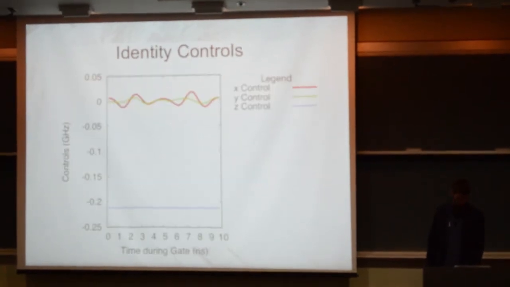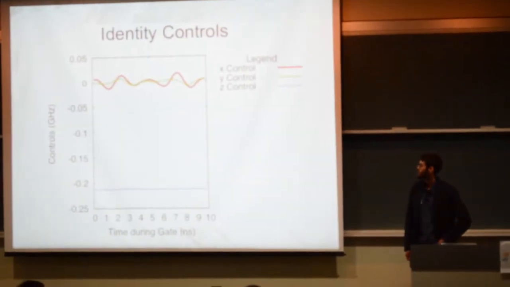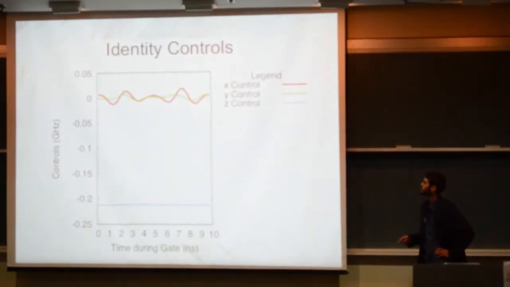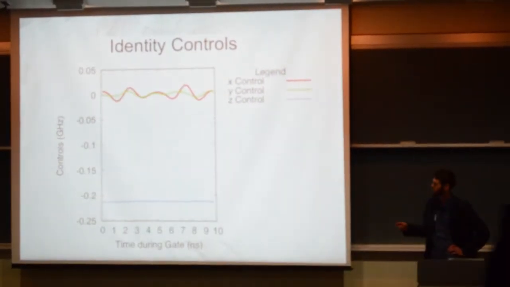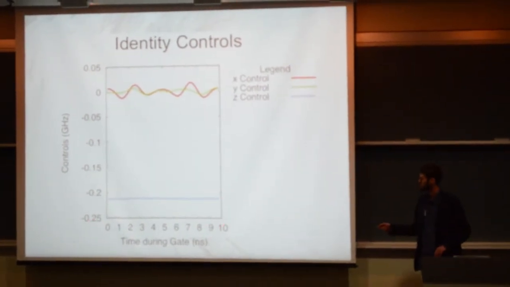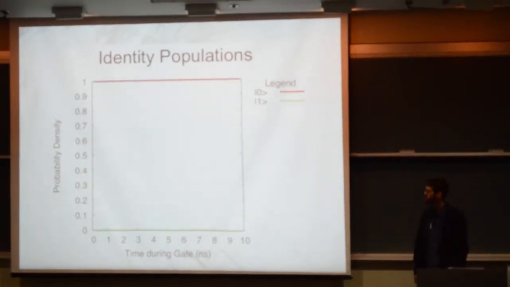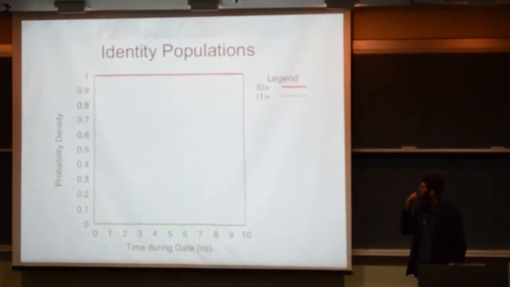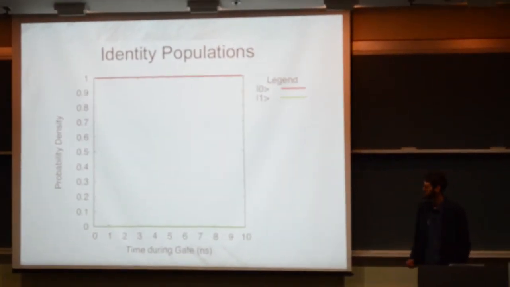And so here is a control pulse that the algorithm has found. Here's the envelope of the wave, and there are actually 3 waves in the x, y, and z directions. And the gate is actually 10 nanoseconds. And this is the evolution of the qubit that the gate causes. As you can see, nothing is happening. The final state is the same as the initial state,